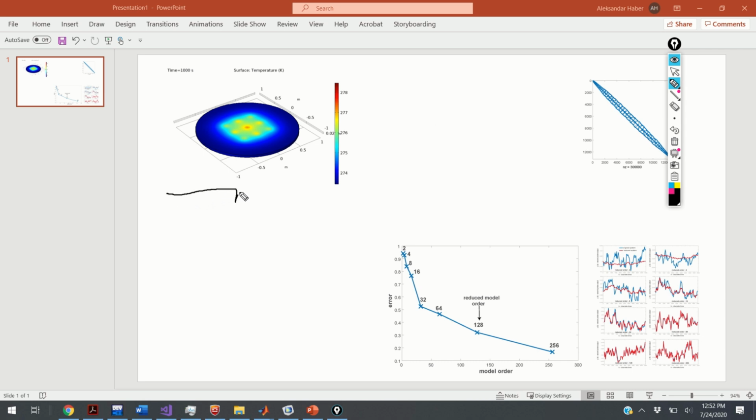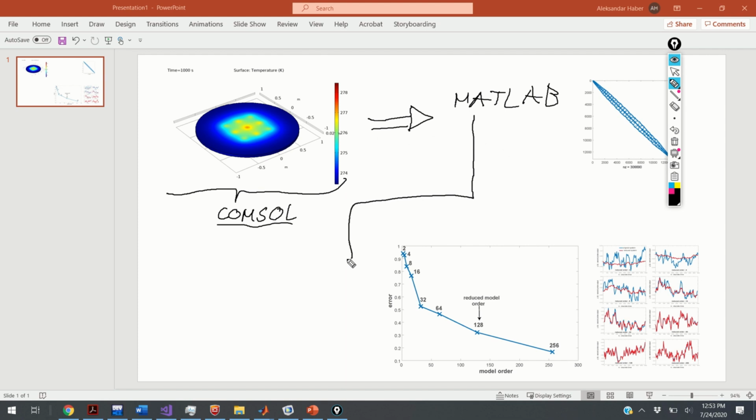First, we are going to learn how to model the system in COMSOL. We will learn how to define the probes, how to define the parameters such that we can easily export the model to MATLAB. Then I'm going to explain how to export the model to MATLAB. And then we are going to use the sssMOR toolbox to perform modal order reduction,